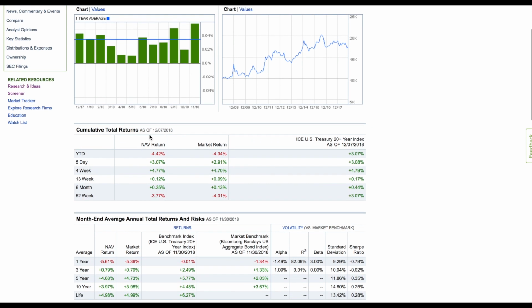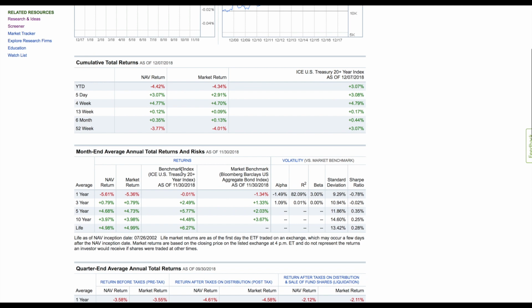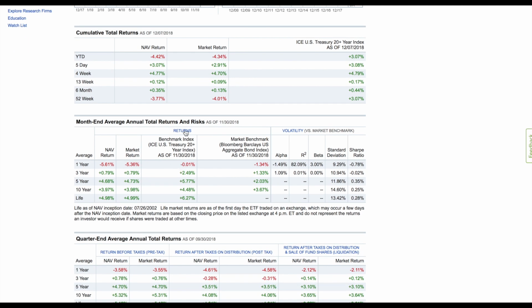And let's see here. So we have NAV, that basically stands for net asset value. And if we want to basically compare the type of returns, if we look at this section here, this is a benchmark index saying that the US Treasury plus this specific ETF, since the initial inception of the ETF, has yielded 6.2%, which is pretty good, considering that it is a bond ETF. So you might be better off just buying a bond ETF versus buying a regular bond,